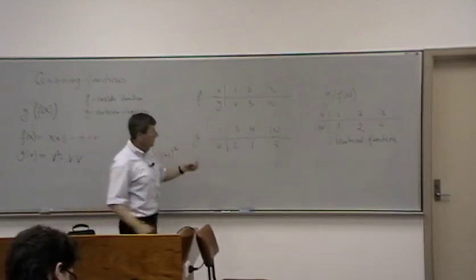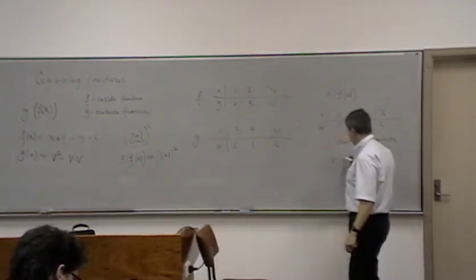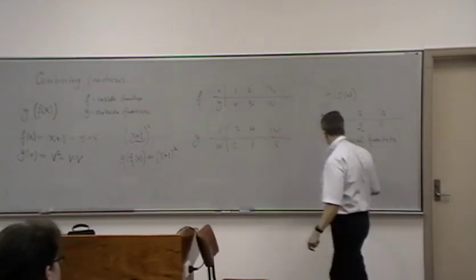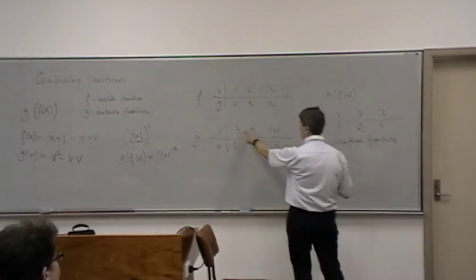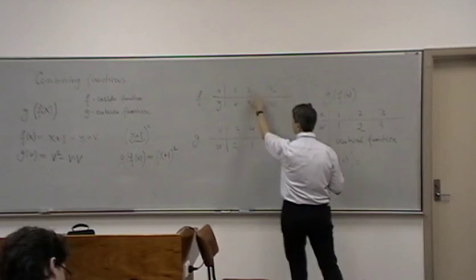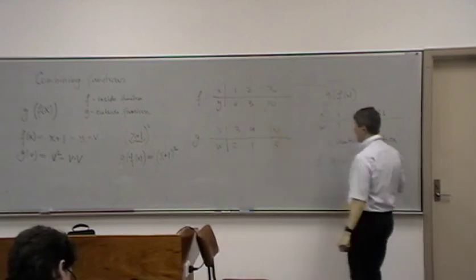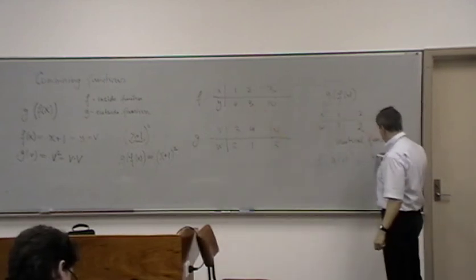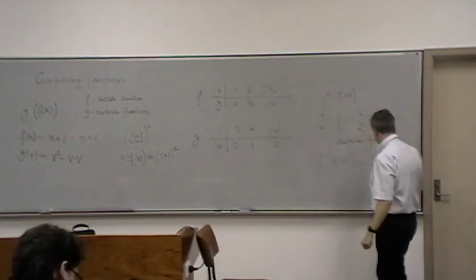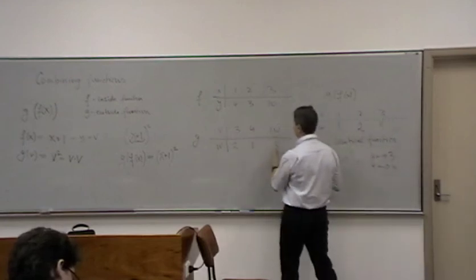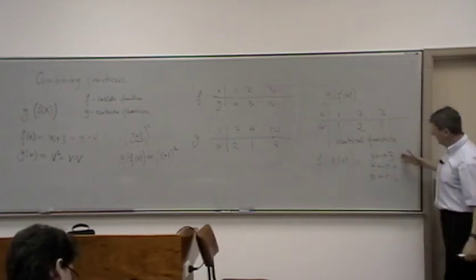Also the same happens if I go the other way. If I apply g first, I can't apply g to x, I apply g to v, and then apply f. So again, if I apply g to 2, I get 3, then I apply f, I get 2. So I have 3 to 2, 4 to 1, and 1 to 4, so 4 to 4, and 10 to 3, 3 to 10, so I get 10 to 10. So this is also an identical function,